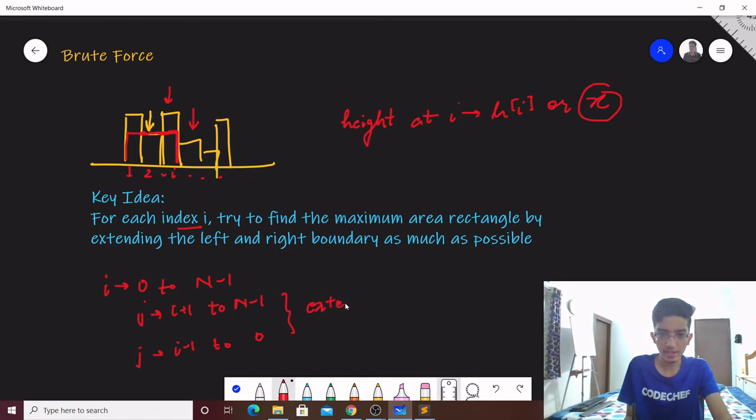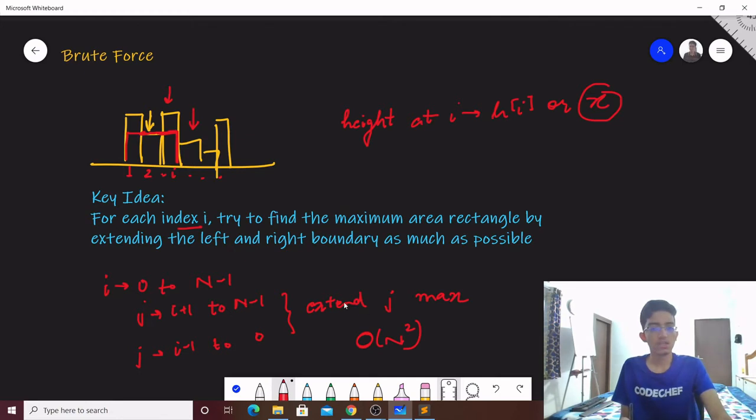So extend j max, something like this. So this approach takes O of n squared time complexity and O of 1 as a space complexity.